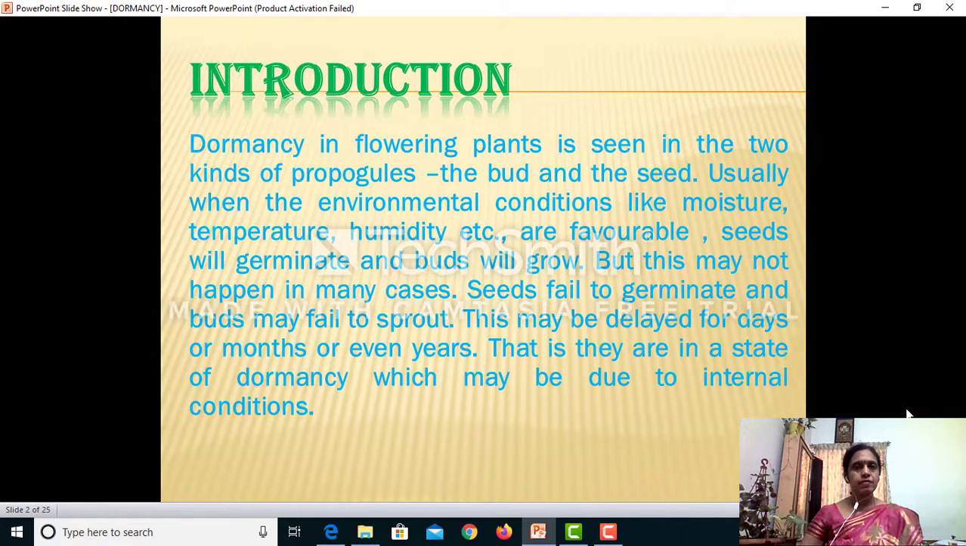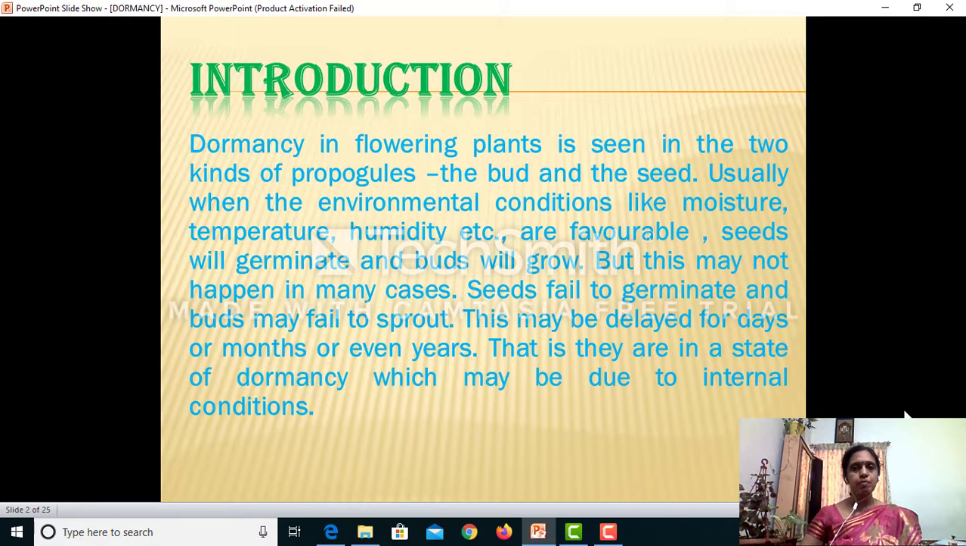Dormancy in flowering plants is seen in two kinds of propagules, the bud and the seed. You must have seen during winter all the leaves fall, especially in temperate countries where the temperature is very low, because the leaf buds are undergoing a period of rest. And you must have seen that whenever we harvest any plant or agriculture produce, most of it will not germinate immediately after the harvest. It may take some time,